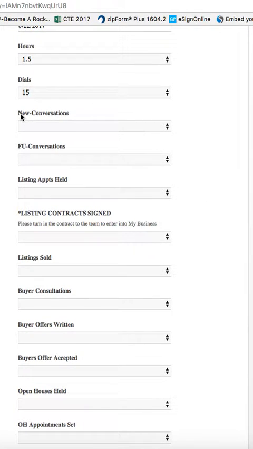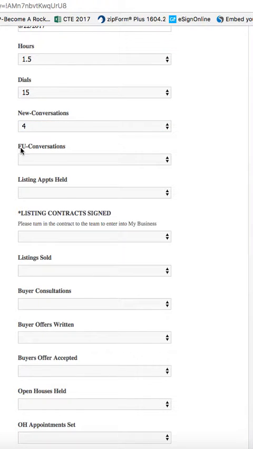Did he talk to any new leads? So this is people you've never talked to, and that's something you're going to want to track. So let's say you've got a new lead today and you call them up. That's one. Let's say your second call goes to a lead that isn't qualified that you haven't talked to, and they answer. That's two. So it's the first time you talk to a lead. So let's just say 4.